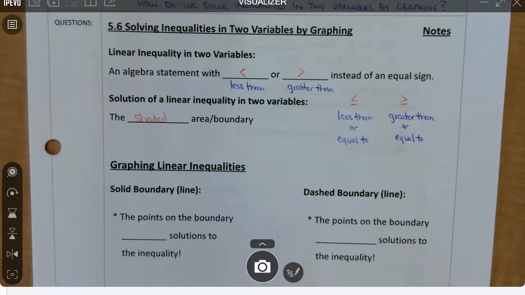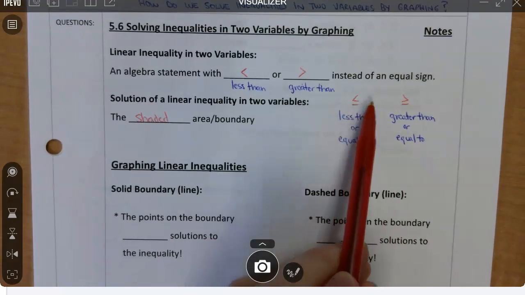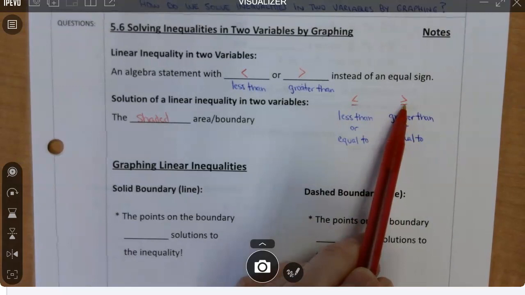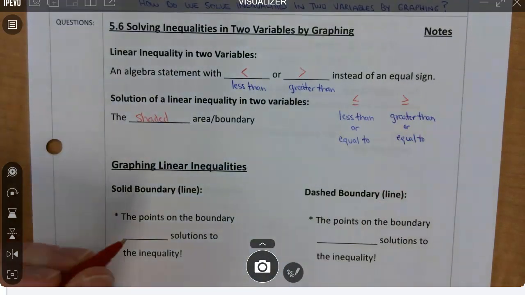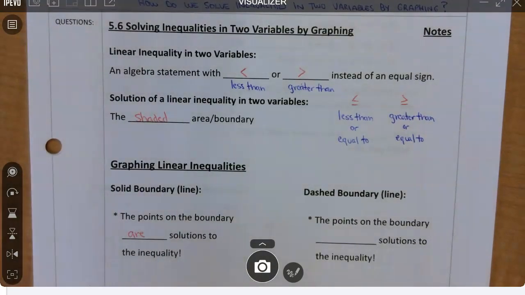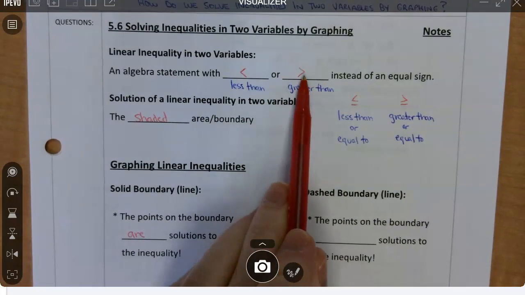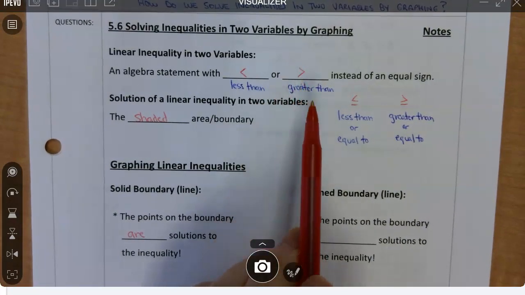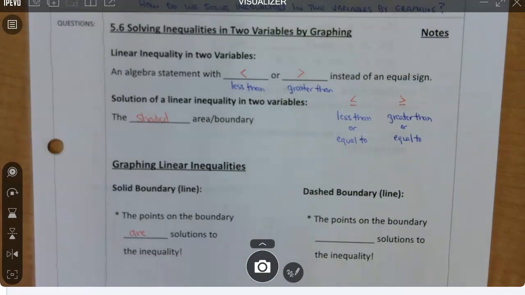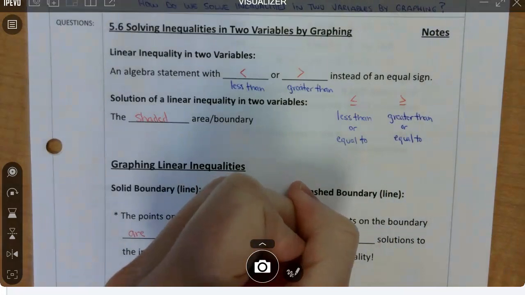And when you have a solid line, that would only happen if you have a less than or equal to or greater than or equal to. And so any points on that solid line are solutions to the inequality that we're graphing. But if it's only a less than or only a greater than sign, you're going to draw a dashed line, and then any points on that dashed line are not